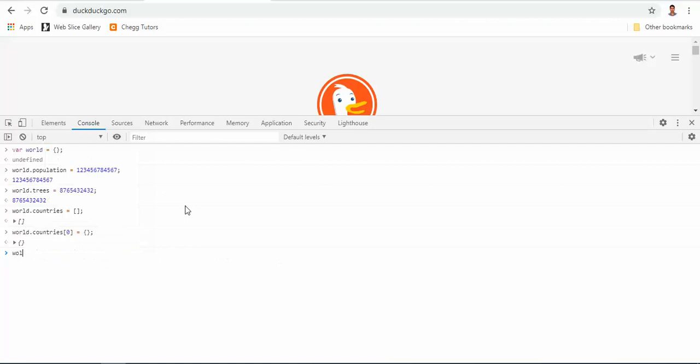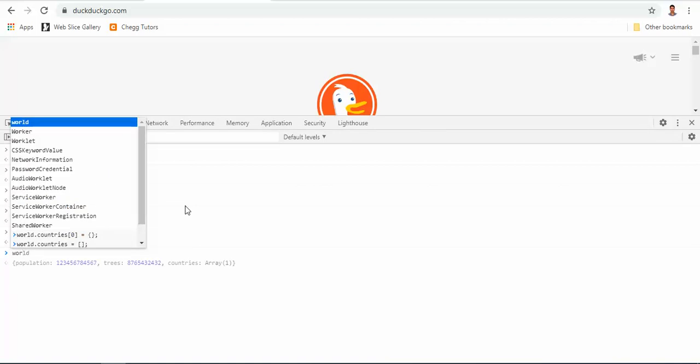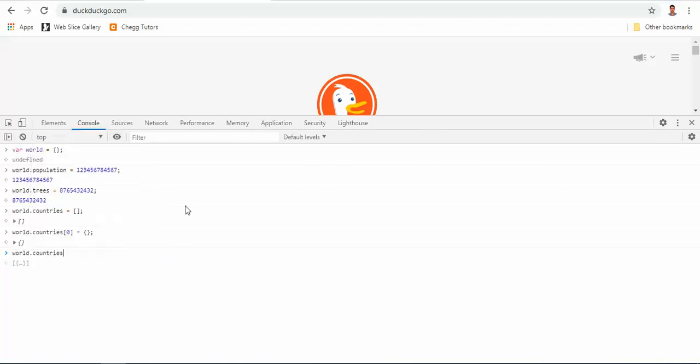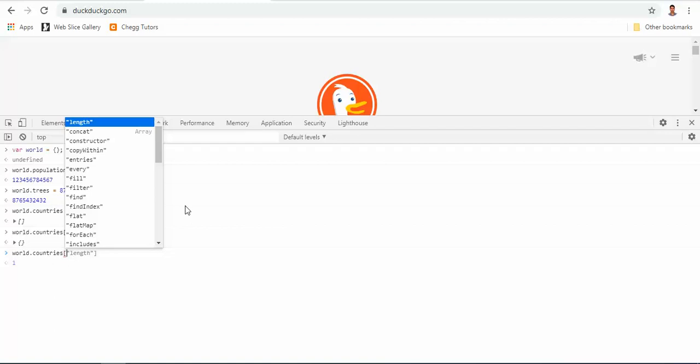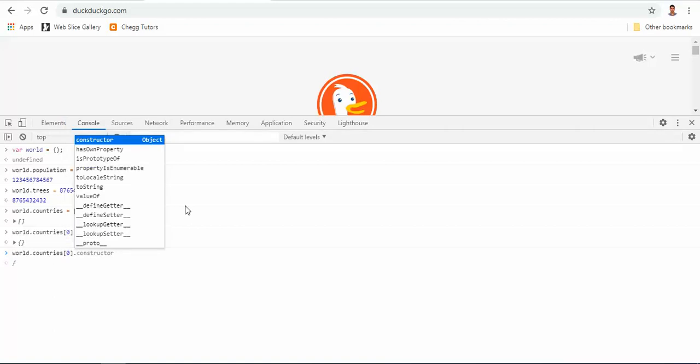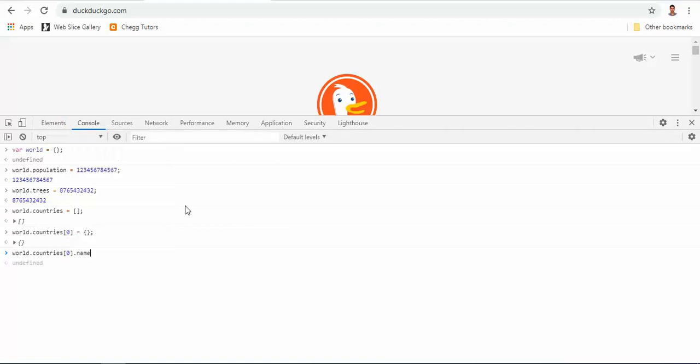So now what I will do, world dot countries zeroth index dot name. So there will be a name like India. Now just copy it, world dot countries dot zero dot capital, it's New Delhi.